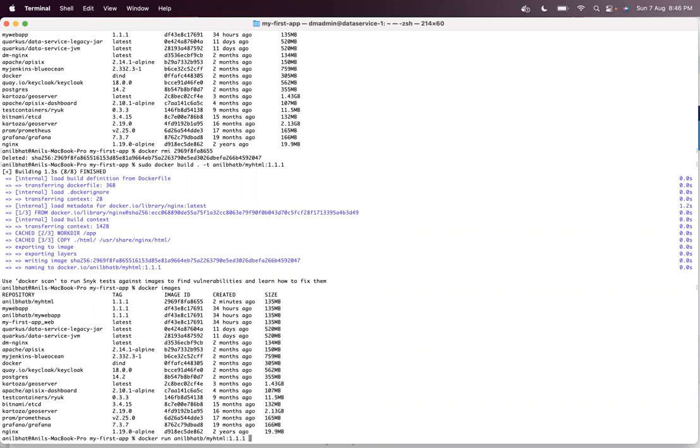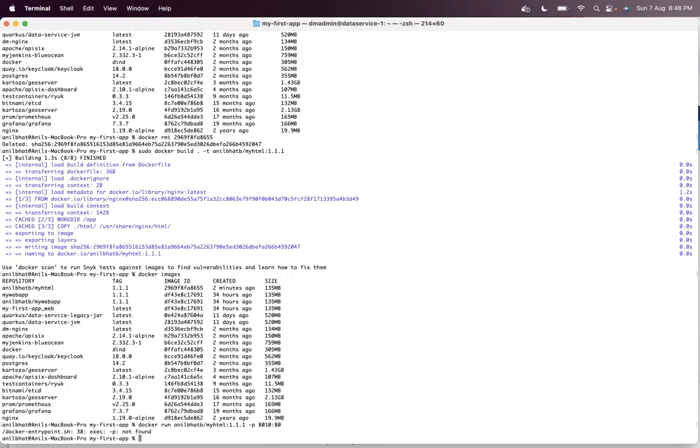Docker run this one, and probably I want to expose port number 8010, mapped to port number 80 which we exposed in the container. So I will run this particular command. Minus p should be given before the image name.